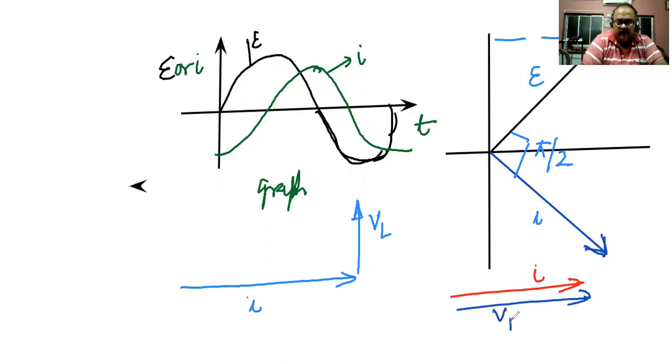So I can show it like this also. This is the phasor relationship, and you can show this as the value of E naught and this as the value of I. So I think it is very clear to everybody regarding this part, that is, in the case of a pure inductor, V leads current by